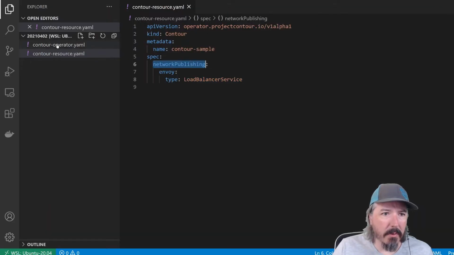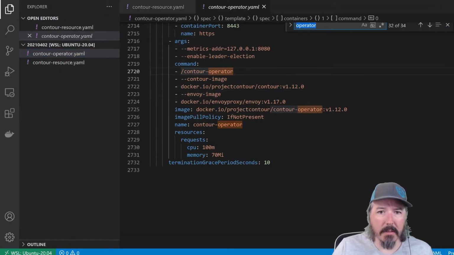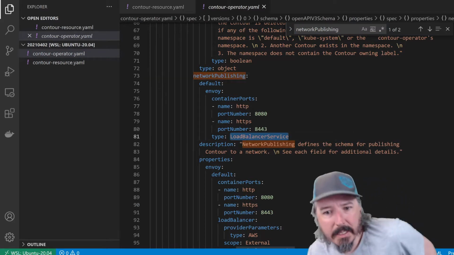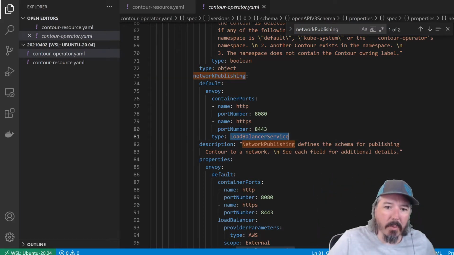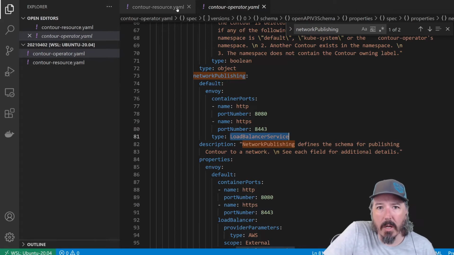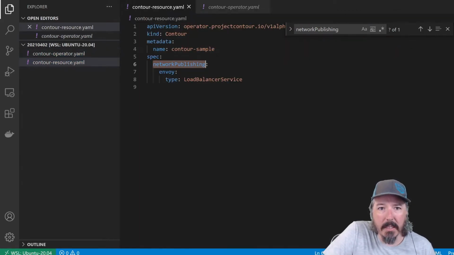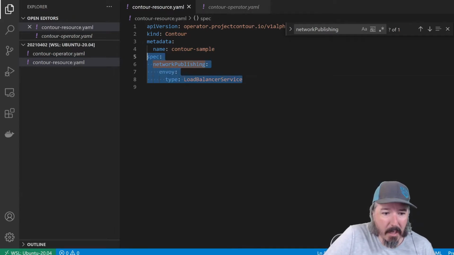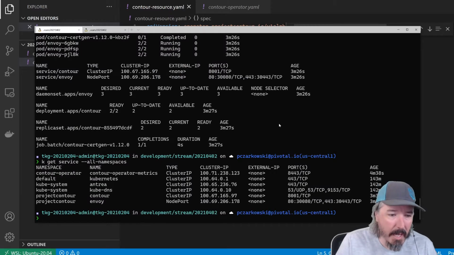So let's look for this fella right here. Network publishing. Network publishing. So our default is type of load balancing service. And so we actually were told to override that in the resource. And then I guess maybe they haven't done update resources. Let's have a look at